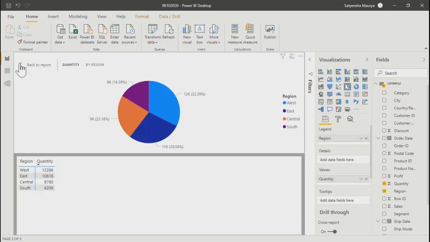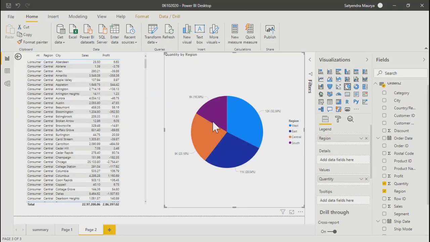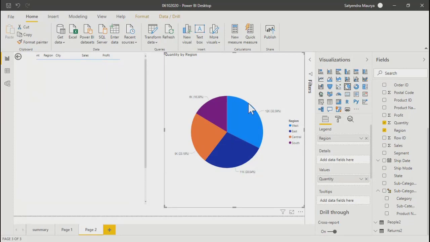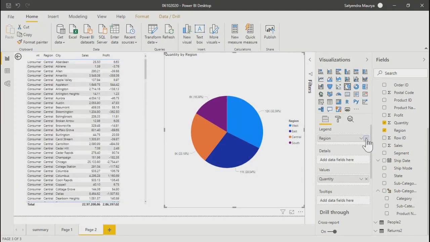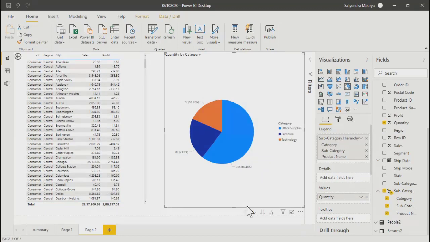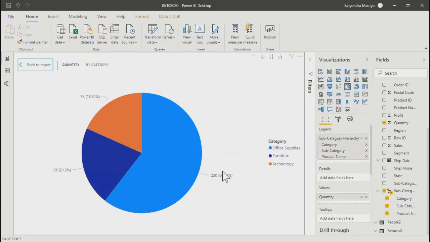Okay. One more thing over here. I would like to show some hierarchy. Yesterday we created this subcategory and all. What I'll do in this particular chart only, in place of regions, let me put this field. Okay, I've selected this. Now I'll go to focused mode. See what is happening at this moment.